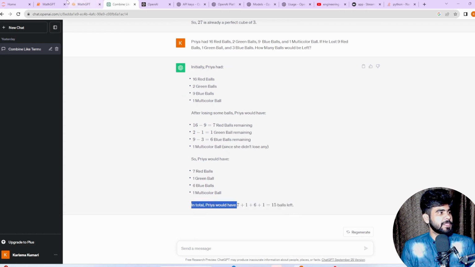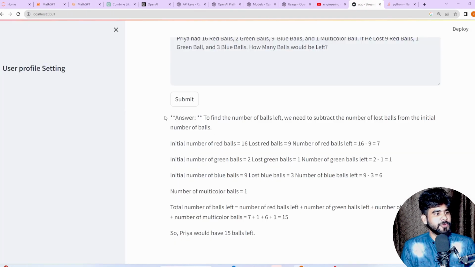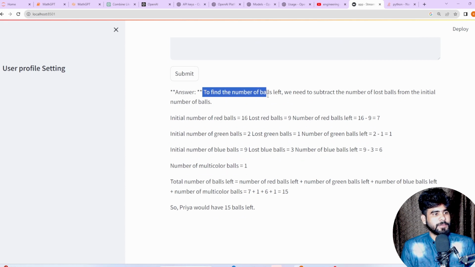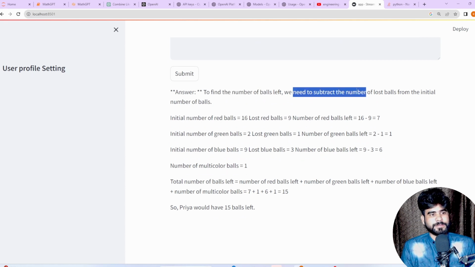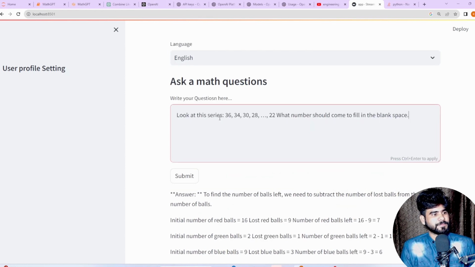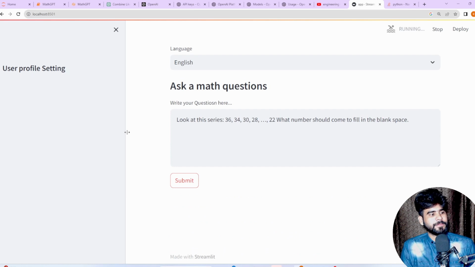As you can see here, we are getting the complete end-to-end explanation. To find the number of balls, we need to subtract the number of lost balls from the initial balls. Now I'm going to ask some series-based questions. Let me press the enter or submit button.